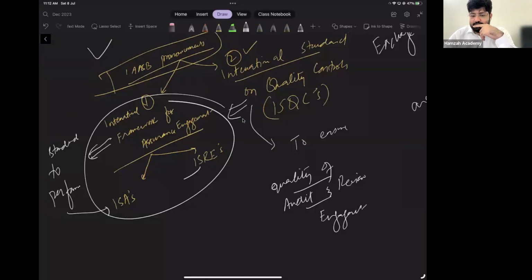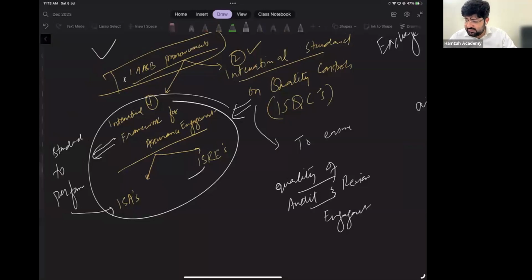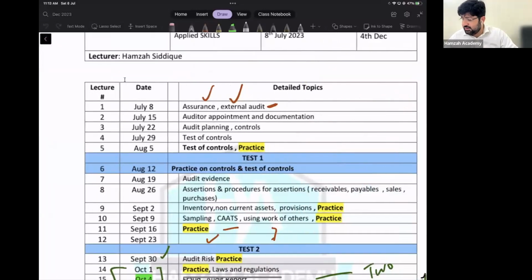Good. Now, next. So students, I think that is enough for today. The first class. So in the next class, I will continue from here. I will complete this chapter. We'll do these questions and I'll proceed with the next, auditor appointment and most likely with the documentation as well. So if there is any question from your side, please let me know. Anyone, any question?